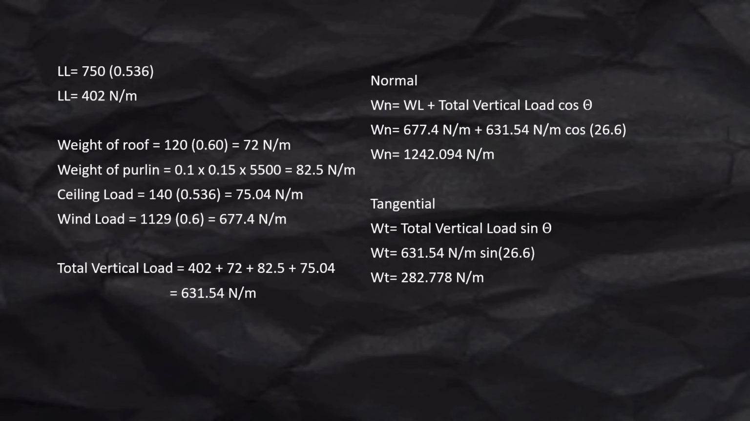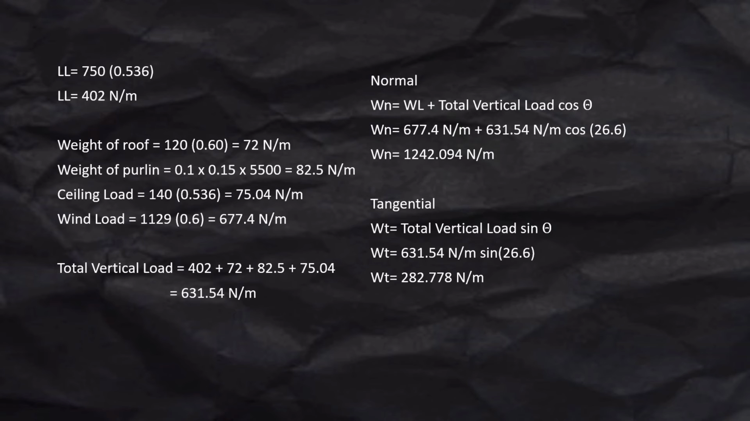For the weight of roof, 120 times 0.6 is equals to 72 Newton per meter. For the weight of purlins is equals to 0.1 times 0.15 times 5,500 is equals to 82.5. Yung 5,500, yun yung weight of purlins. Ceiling load is equals to 140 times 0.536 is equals to 75.04 Newton per meter. Wind load is equals to 1,129 times 0.6 is equals to 677.4